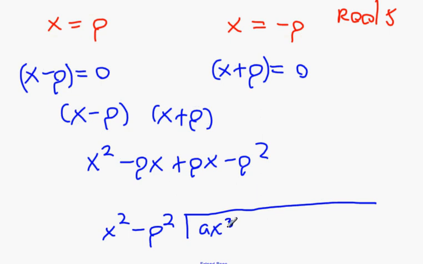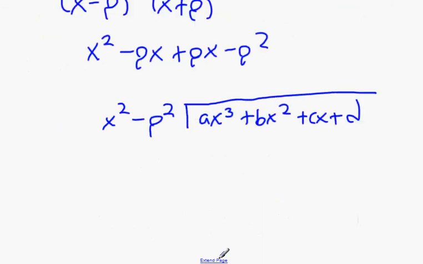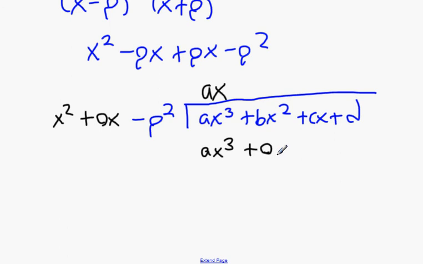ax cubed plus bx squared plus cx plus d. Now, we're going to divide this in. What we're going to get is a times, for the first one, ax times. So that's going to make it ax cubed minus. One thing here, guys, to have it lined up properly, I still need to have my 0x in the middle to line it up properly, okay? So ax cubed plus 0x squared minus ap